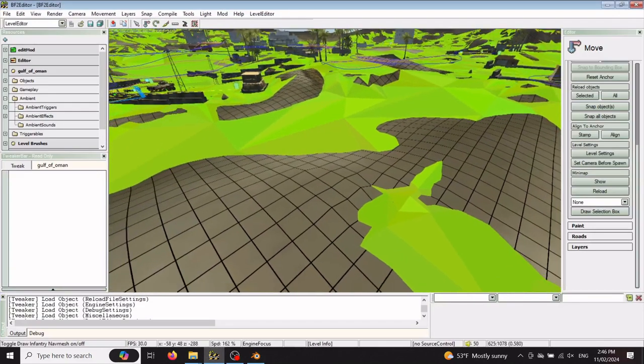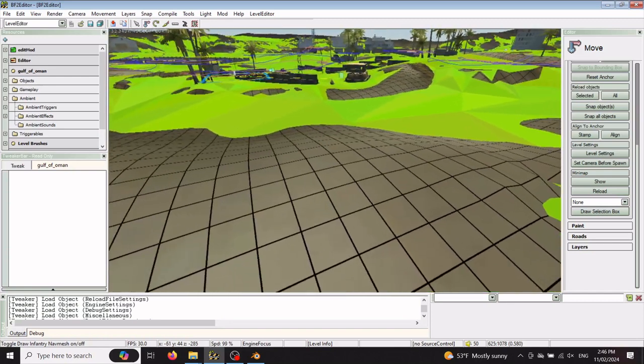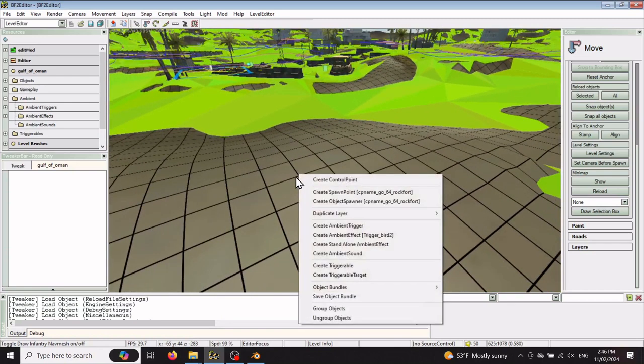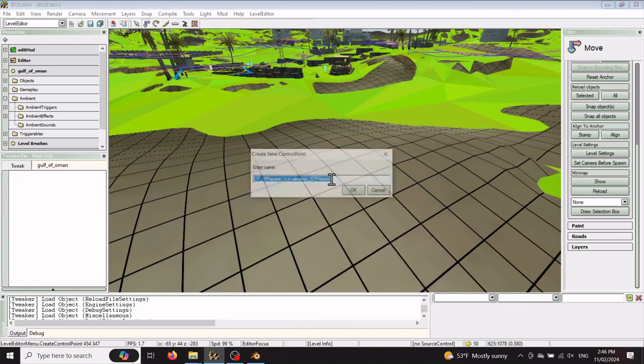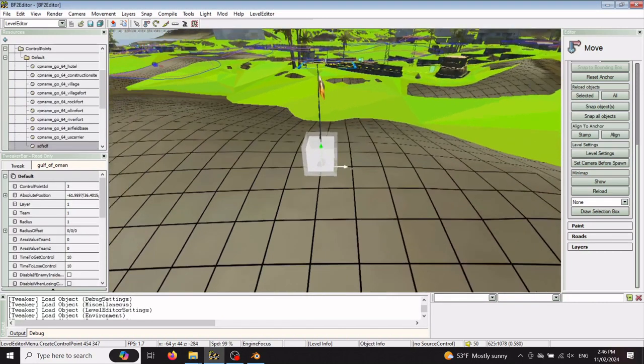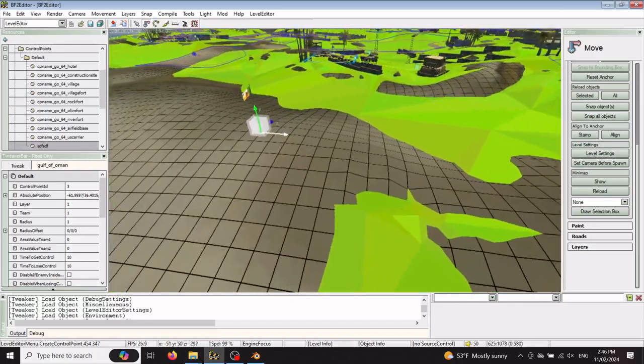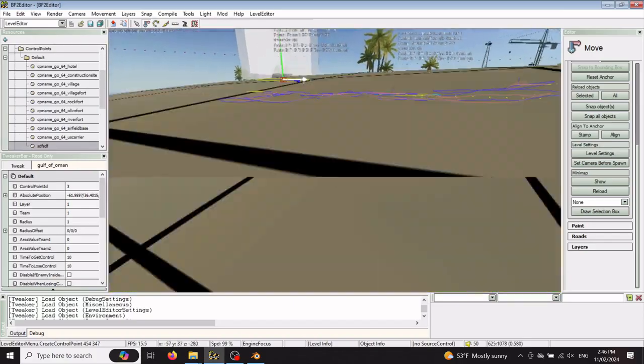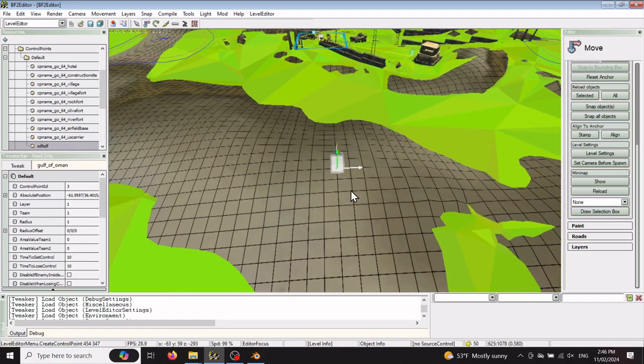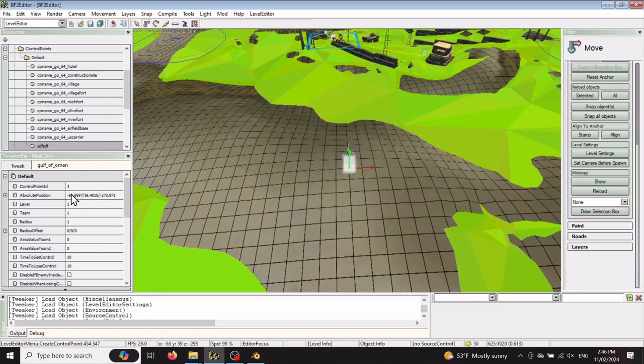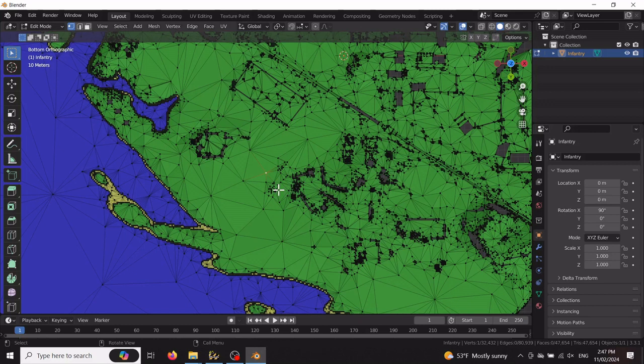So back in the editor, what I'm going to do is I'm going to right click and go create control point. Give it a name. It drops a flag there. Well, there's different ways to do this, but this is sort of the method I came up with. And this control point has these coordinates here, this flag. If you go back in here, press N,